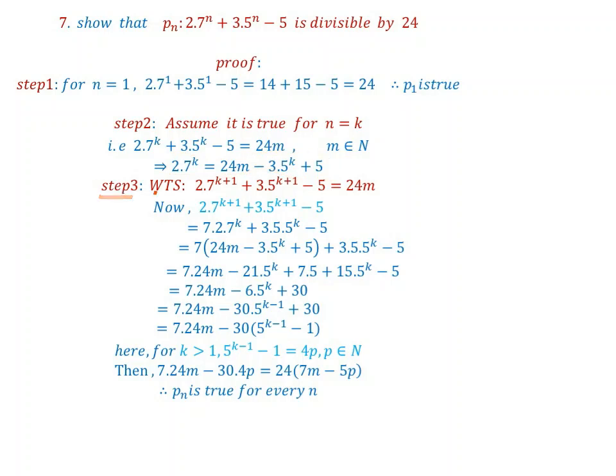Now let us proceed to step 3. We want to show that it is true for n equal to k plus 1. That means 2 times 7 to the power of k plus 1 plus 3 times 5 to the power of k plus 1 minus 5 is equal to 24 times m. Now let us start from the left hand side of our claim, or from step 3. Here we have 2 times 7 to the power of k plus 1 plus